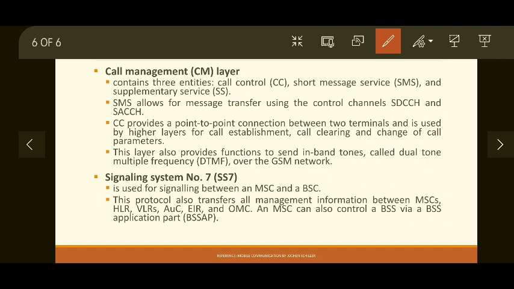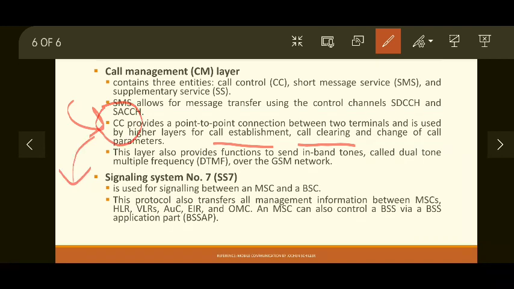So higher layers means user interfaces will initiate the procedure for call establishment or ending a call or holding a call or changing call parameters, and those initiated procedures will be forwarded to the call control layer, which will be acted upon by this layer and then forwarded to lower layers.